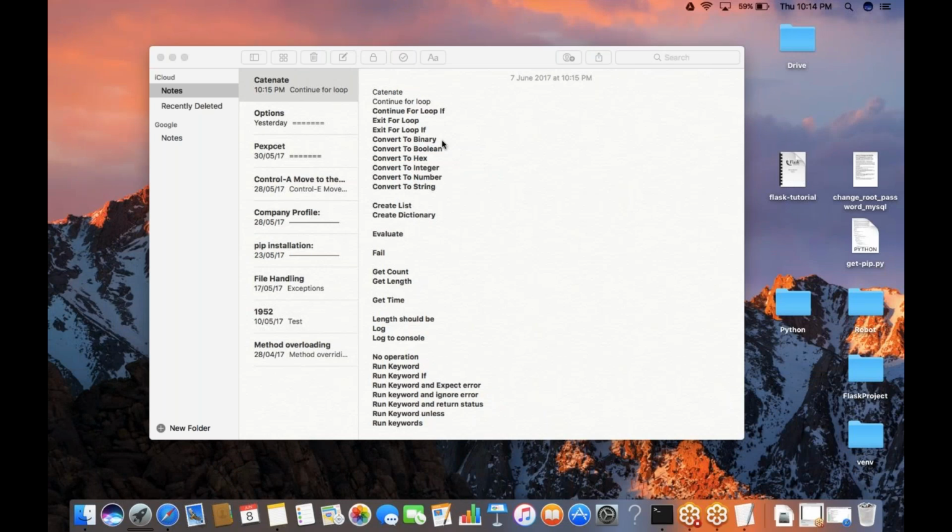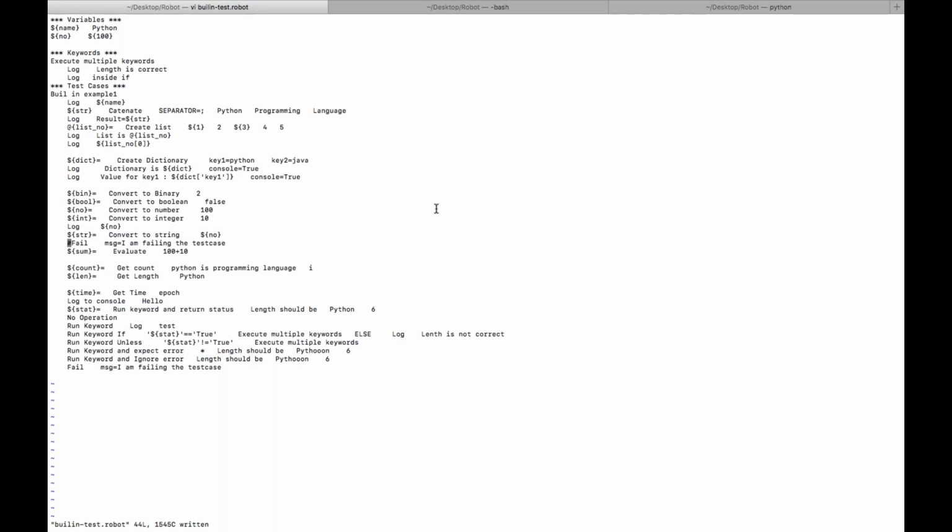Yeah. First we'll see the for loop here. So how to use a for loop in Robot Framework. I'll show it with an example. Okay, so we are taking